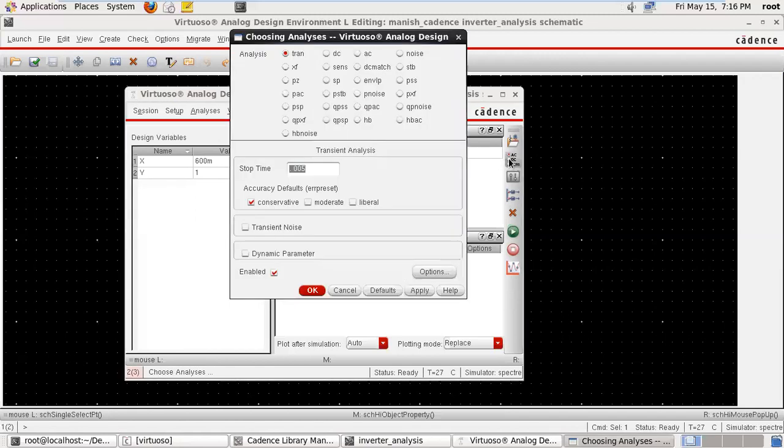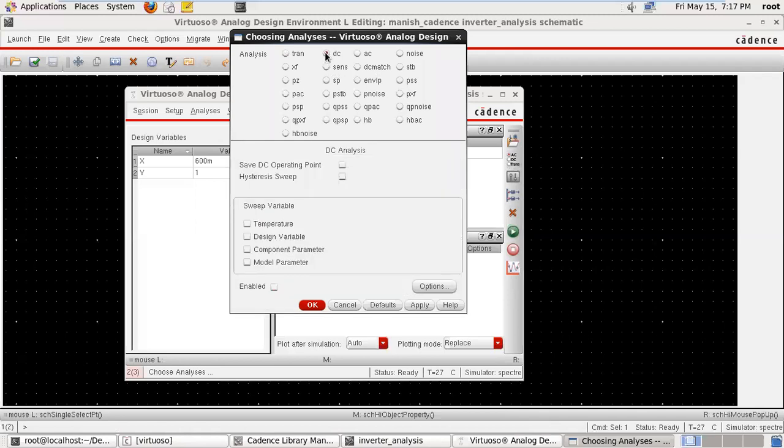Second, we are interested in DC analysis. So go to the DC, save DC operating point. On the x-axis, we are interested in varying the gate to source voltage. So that has been chosen as the x variable.